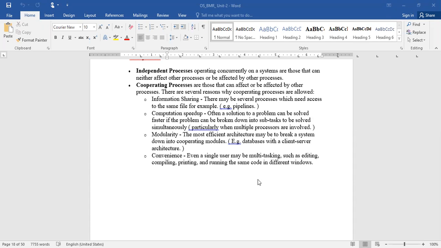The key point is that when you open multiple windows, for example this one, this one, and this another, three different processes are running. You can type something here and something there.